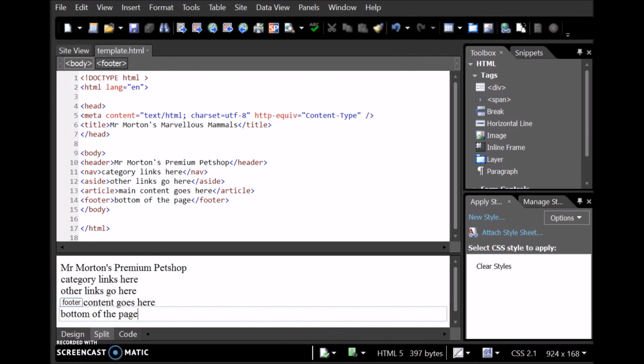Notice in the WYSIWYG design view, we can see each section, which is one above the other, and when we click on them, a helpful tag pops up to say which section we're